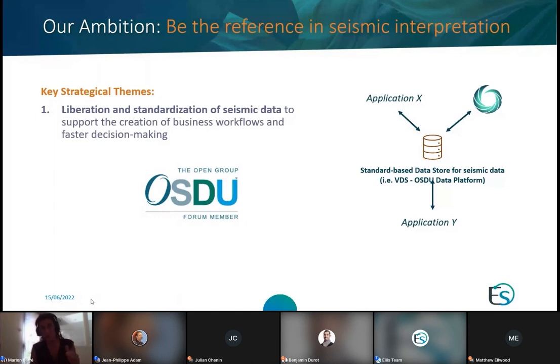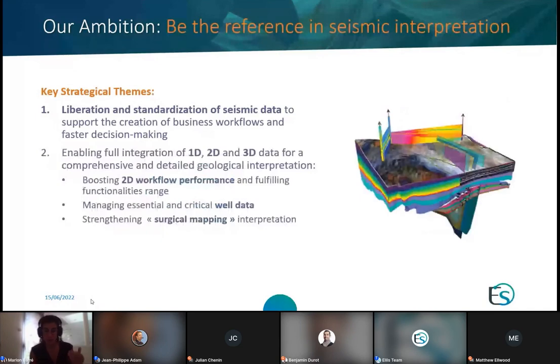We are also working hard on how to integrate 1D, 2D, and 3D data to build a comprehensive and detailed geological interpretation. And these themes triggered work on our 2D workflow, on the well data, but also on functionalities that enable you to do some fine-scale reservoir interpretation. And addressing these challenges is really crucial, in particular because we want to provide our application in more and more